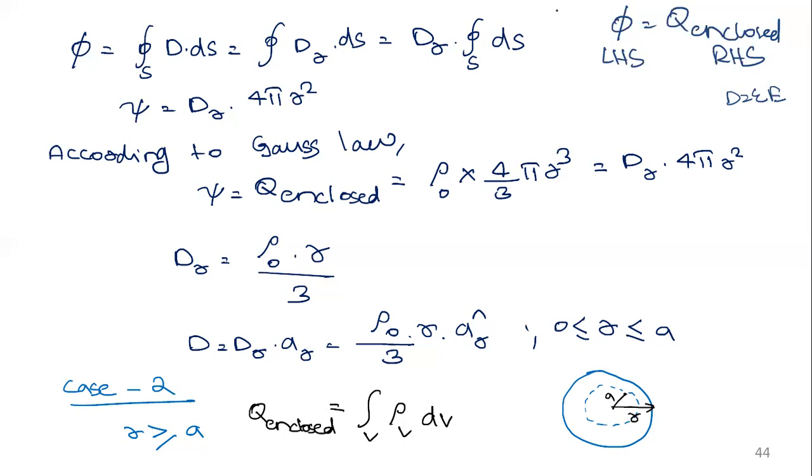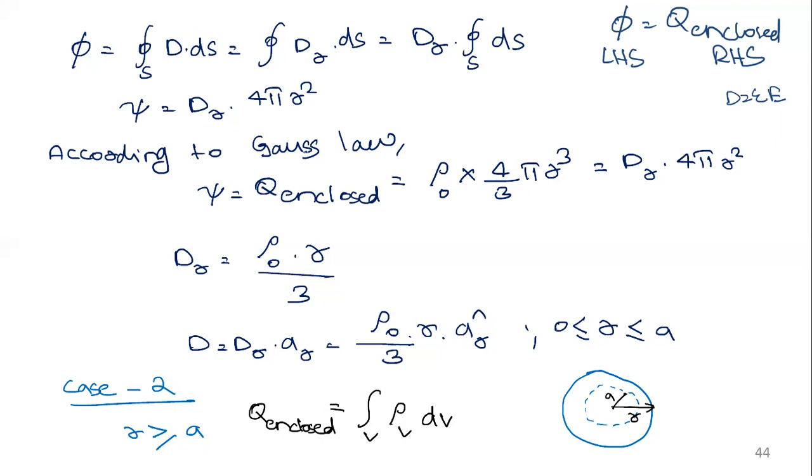Here we are doing D dot dS. There we did E dot dS in terms of electric field only. Same thing. So phi is equal to integral over S D dot dS is equal to integral Dr. Dr means it is along the radius, that is, it shows the direction. And I also told you the direction of the electric flux density will be same as that of the electric field, that is along the radius. That is equal to Dr dot closed integral over S dS. So what is the surface area of the sphere? 4 pi r square. So phi is equal to Dr into 4 pi r square.